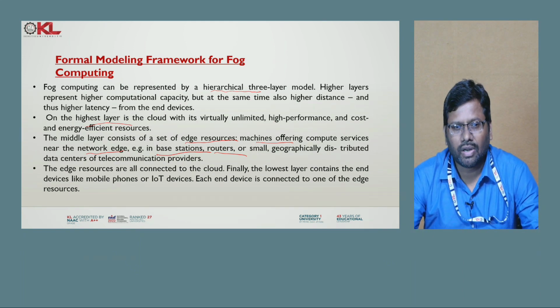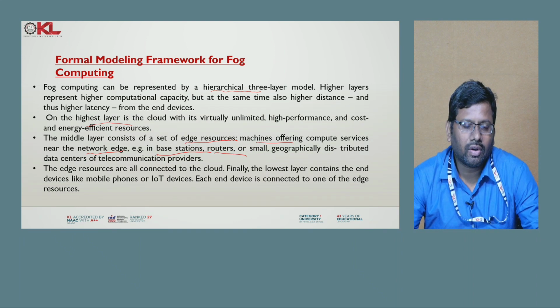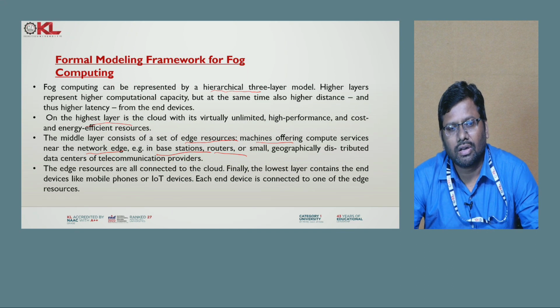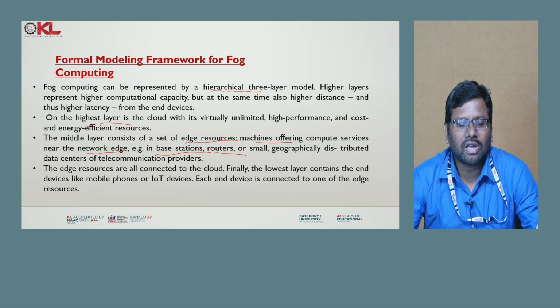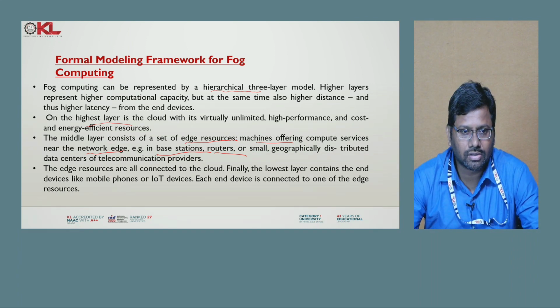So there is a tower at one place, and devices which are connected to that particular tower may be distributed at various places. For example, nowadays we are communicating with cell phones. Every cell tower has a certain capacity to maintain a certain number of cell phones. So in order to carry out such an application, with respect to one particular tower, how many devices it could maintain, or how many applications it could run with respect to those devices. Such entire things we can carry out with respect to the middle layer.